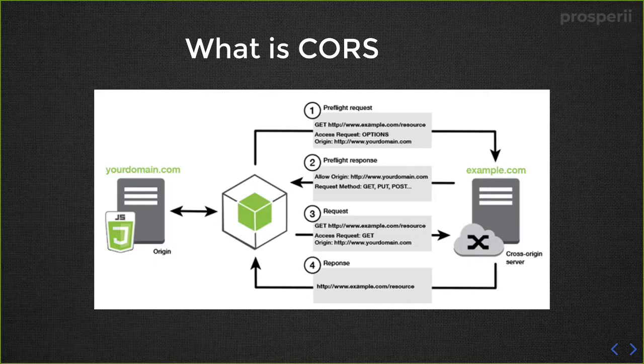And what CORS does is that it protects a server from unauthorized requests. So for example, by default, any server is not allowed to talk to any machine. So this is a machine which is a server, and this is talking with another server. By default, this is not allowed because this particular communication is not monitored. So in order to allow this, we have to create a CORS header.